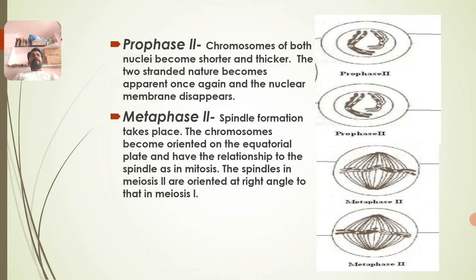There are the upper nucleus and the lower nucleus; here there is only a single cell which forms the two nuclei. Soon after completion of prophase, the chromosomes become shorter and thicker, and they enter the next phase, that is